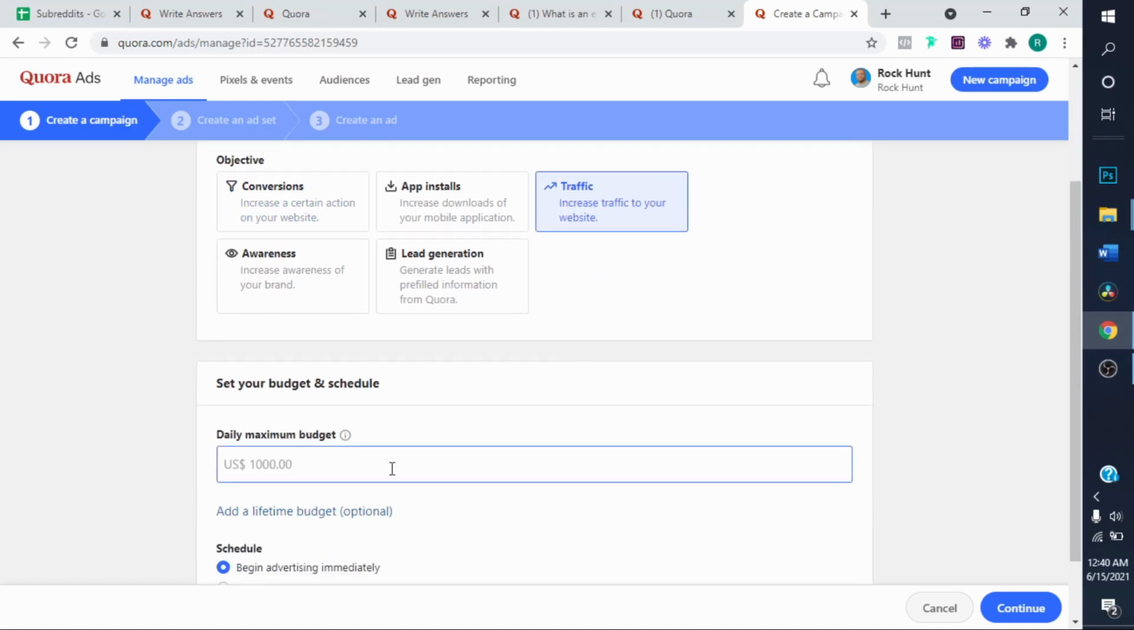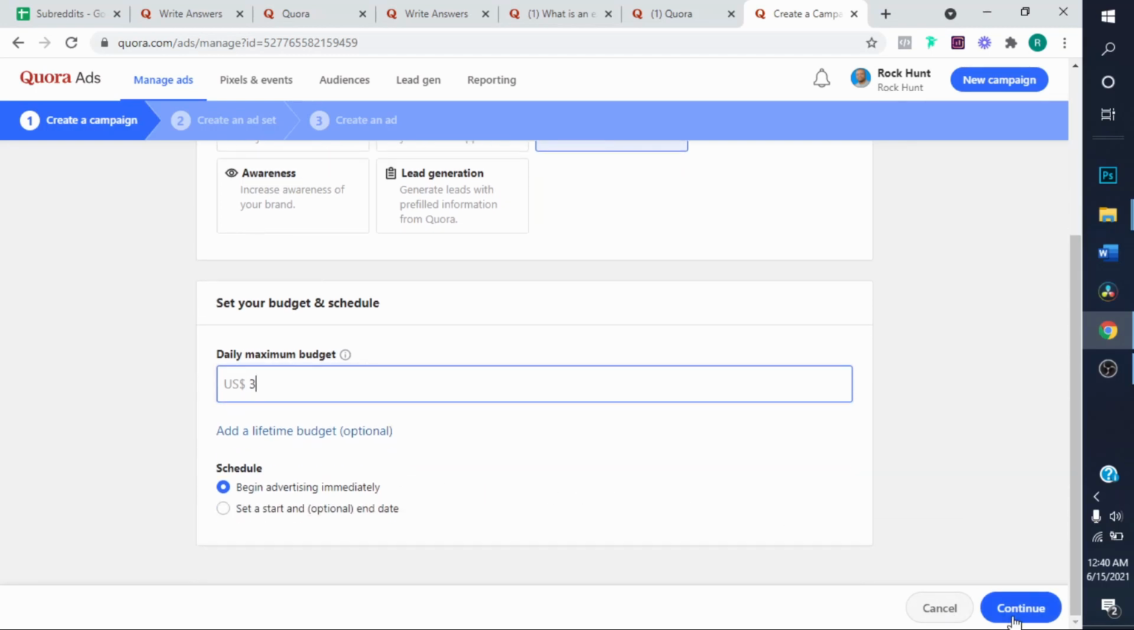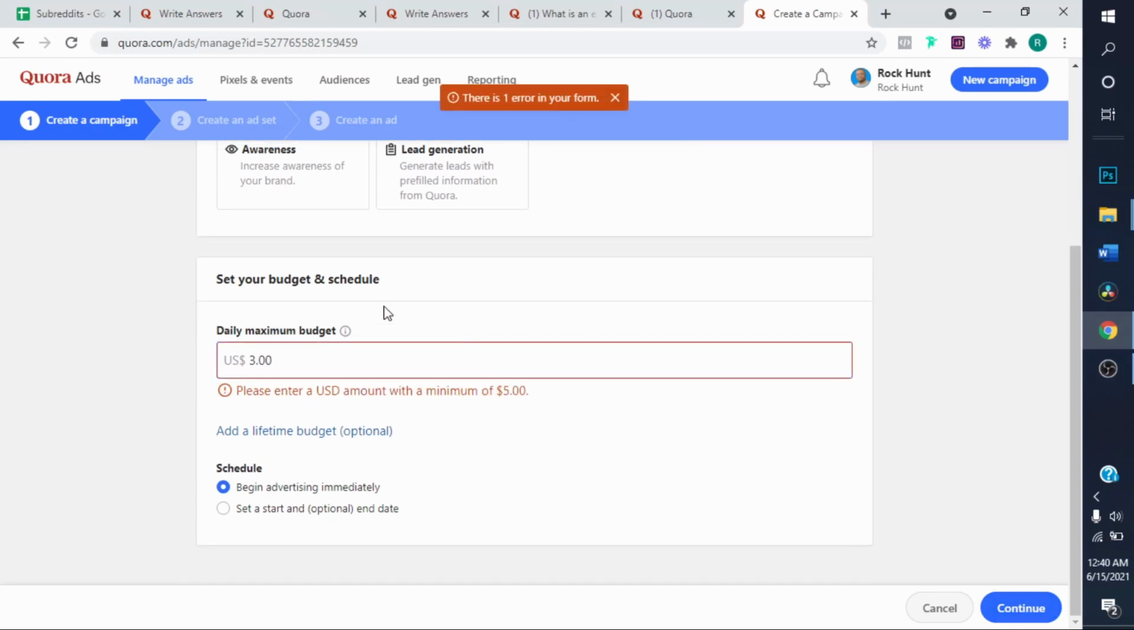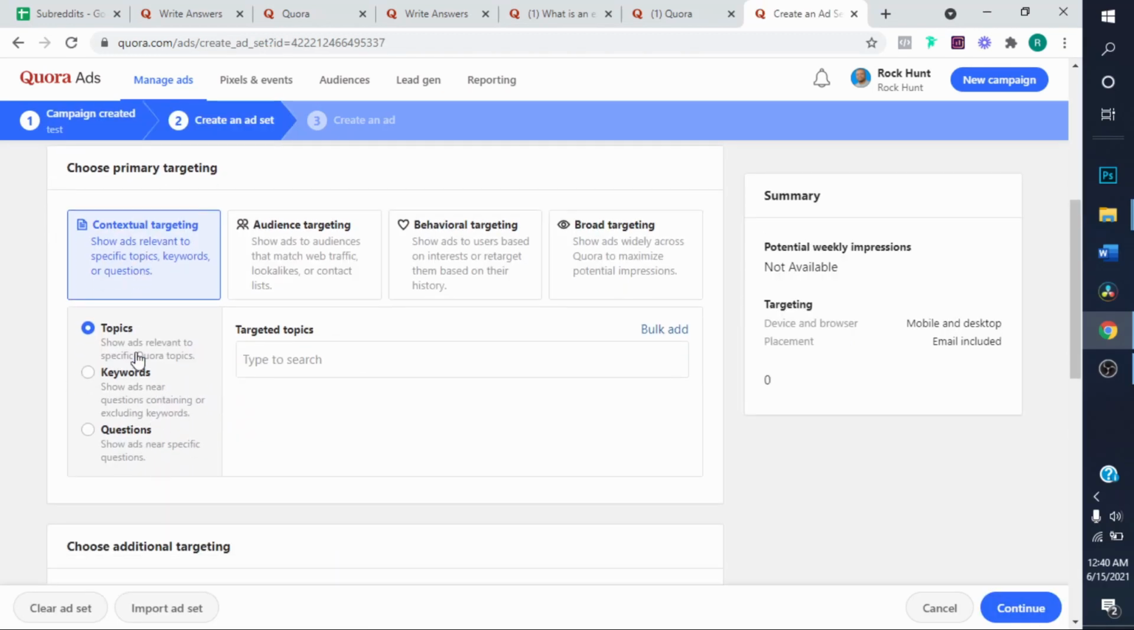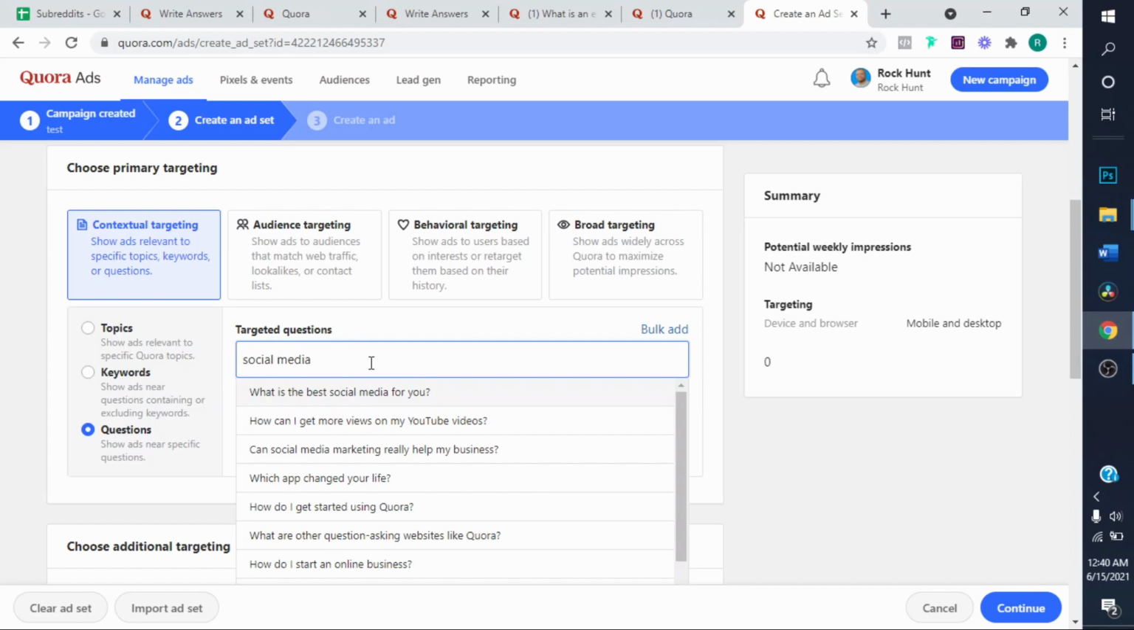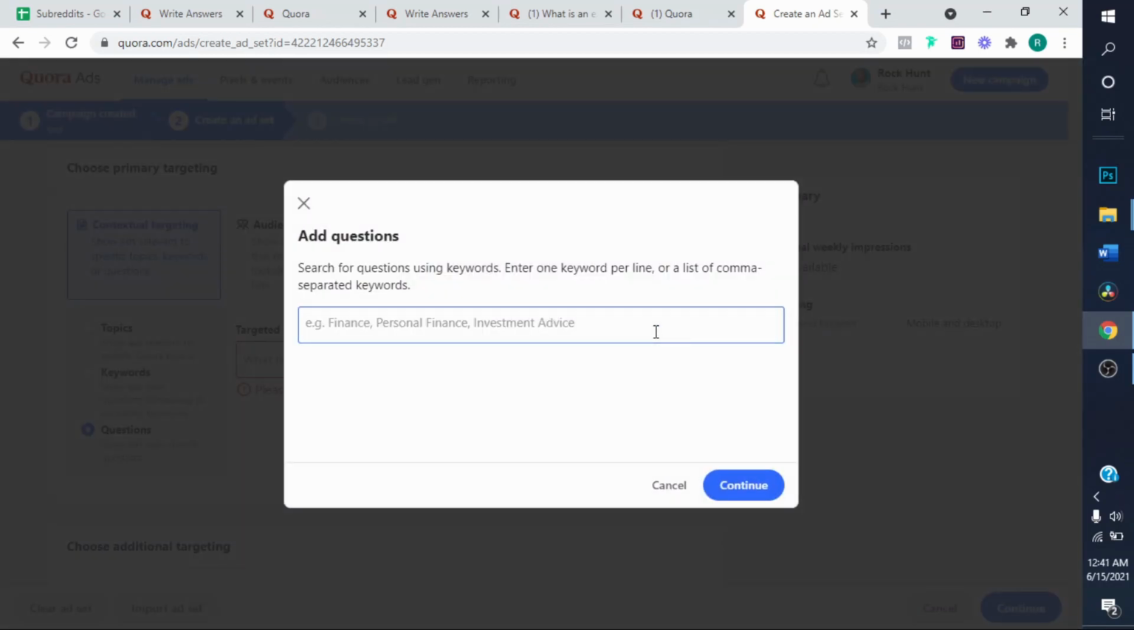Make sure you hit traffic. Put like a teeny budget down here, and then continue. They have to put a $5 limit down. And then here you will scroll down where it says targeting and hit questions. Okay. Now here where it says targeted questions, you would need to put down pretty much your target keywords. So 1 to 2 keywords to really describe what you're looking for. So I'm going to put social media and then bulk ad. And then here I'm going to type it again, social media,